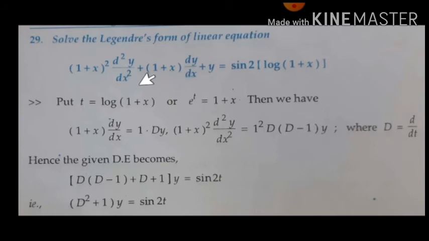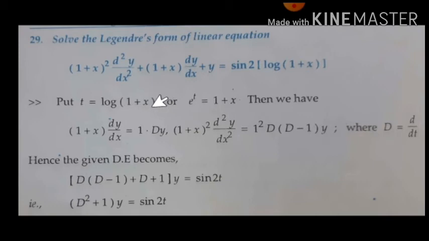So what is the standard substitution? We need to take t equal to log of ax plus b. Here ax plus b is nothing but x plus 1 or 1 plus x, any form. If I need to convert it on the right hand side, I may come across substituting for x. So I can also rewrite this bringing log to the left side: e to the power of t can be written as x plus 1.